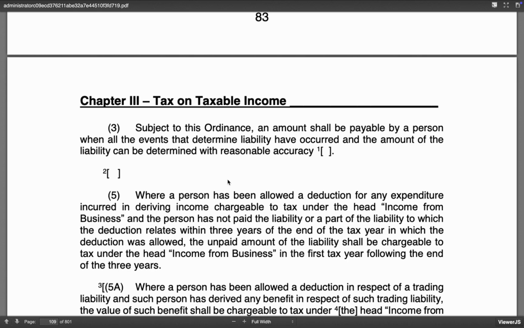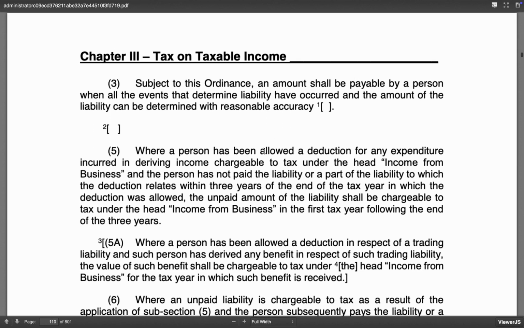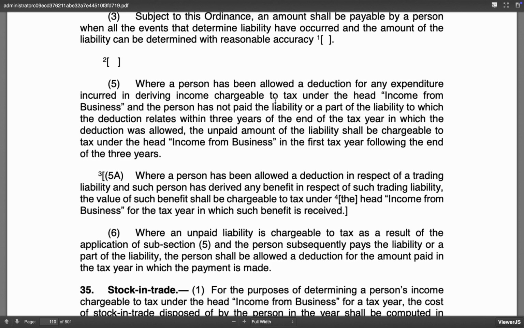It is also discussing what becomes payable, when does a liability become payable, meaning when are you liable to pay for something. It is definitely when you consume something, some goods or services. Similarly, when a person has been allowed a deduction for any expenditure deriving income and the person has not paid the liability or part of the liability within 3 years, at the end of the year, then that amount will be